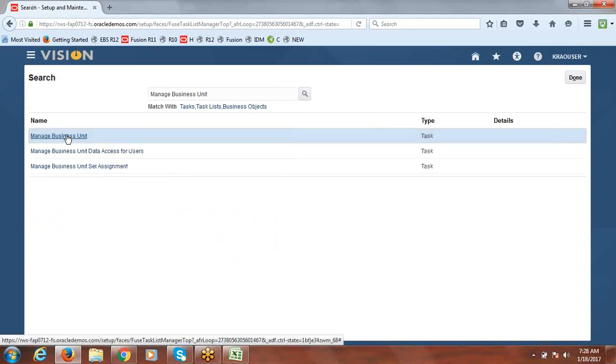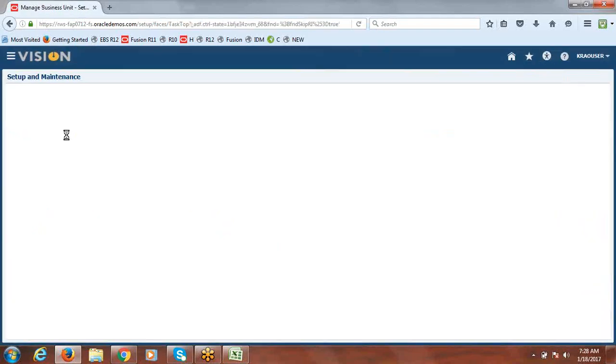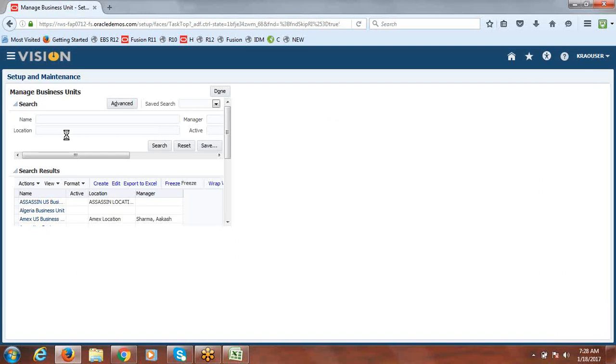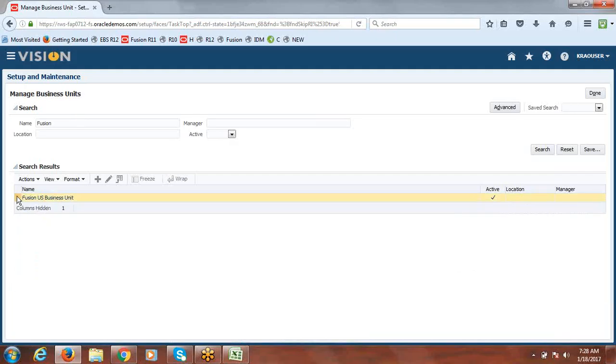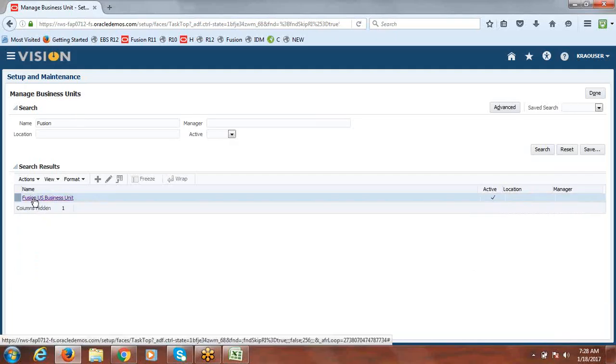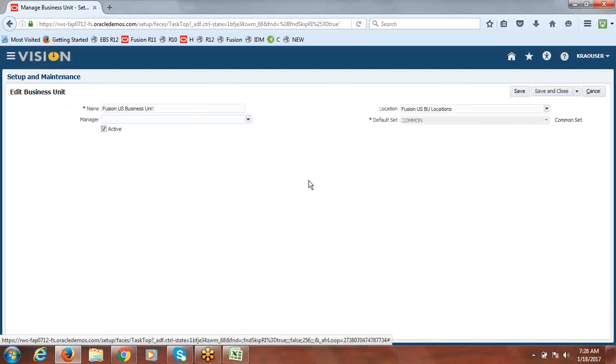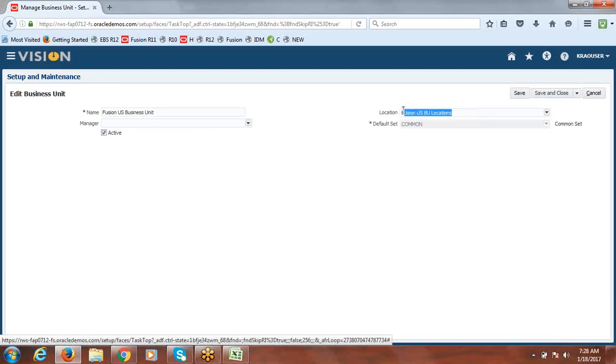I'm talking about this point because you guys will be testing this, and when you see the business unit definition, fusion or anything you can take. Here, if you don't give the location for business unit, this expense report cannot be imported into payables.